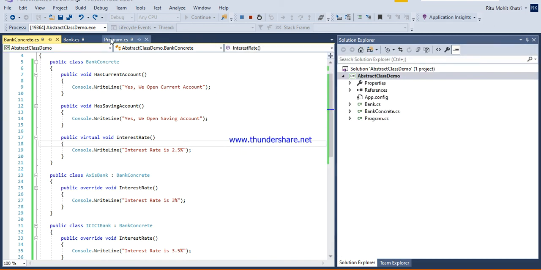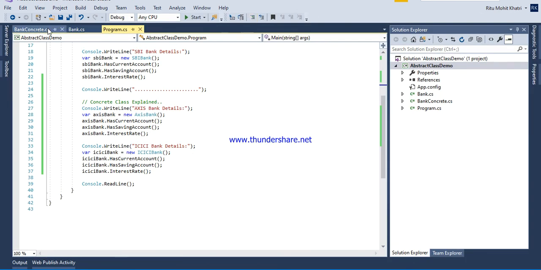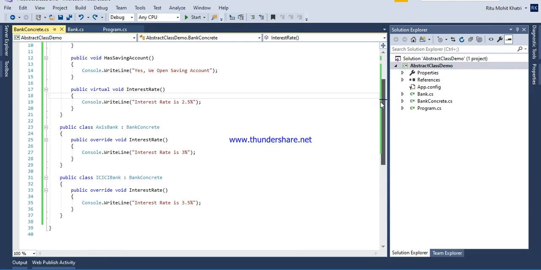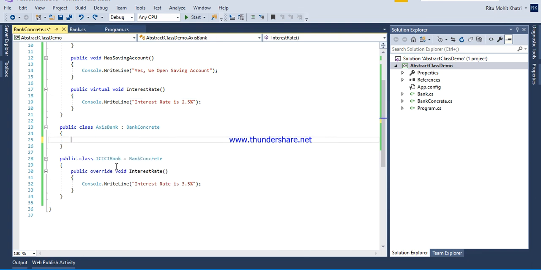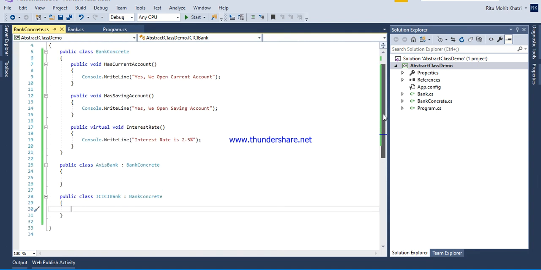So now let's play with this. If I stop this, here in the concrete class, as I told you, there is definitely a possibility that somehow I'm not overriding that virtual method, and I just inherited this bank concrete class.